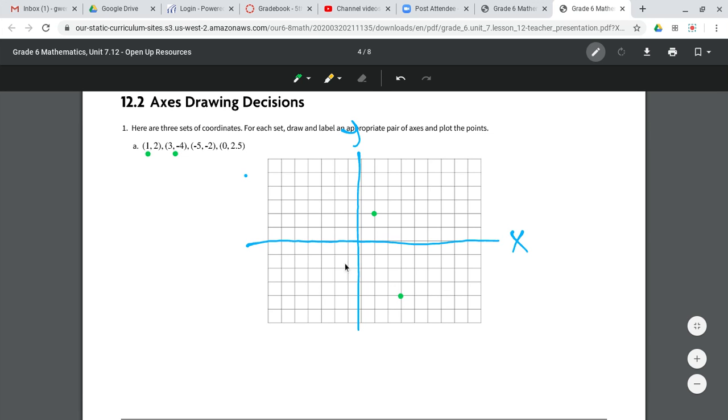All right, the next one we're looking at is -5, -2. So we're going to start at the origin once again and go over 1, 2, 3, 4, 5, and then down our -2. And last but not least, this one we have 0, 2.5. Because it's 0, that means we're not going to move off the y-axis. We're just going to go up 1, 2, and then part way between the 2 and the 3 to get